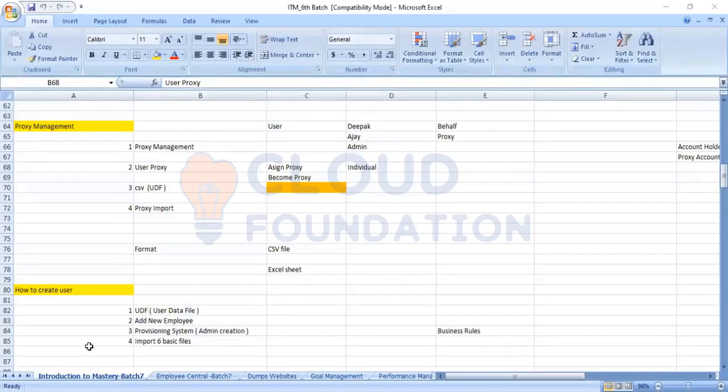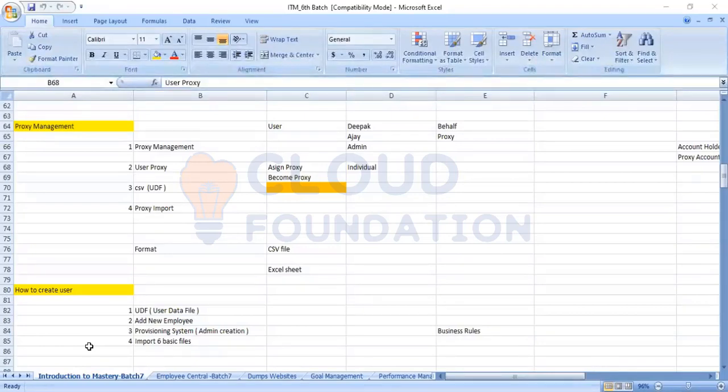The purpose of the proxy, as one of the participants has told right now, is to go into another user's account and do certain activity whenever it is required. Correct. So proxy is the tool in SuccessFactors which is used by the manager or by the user